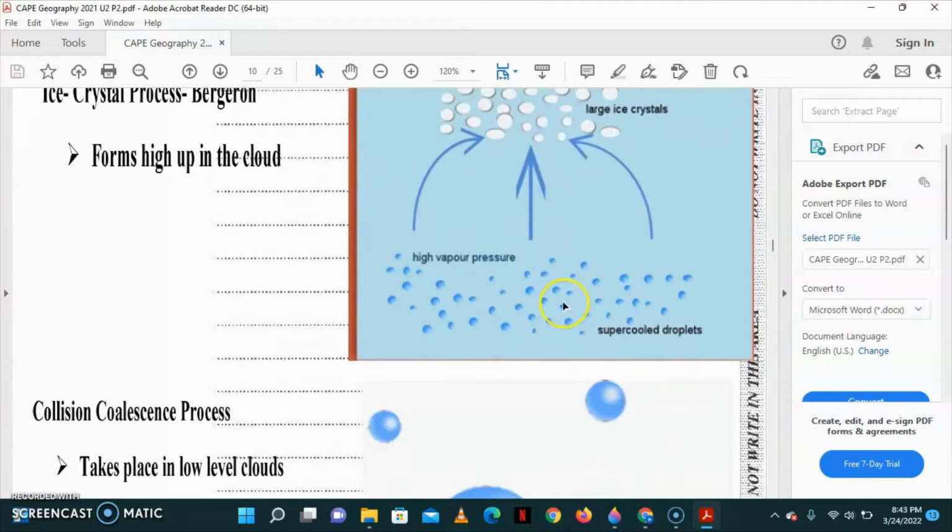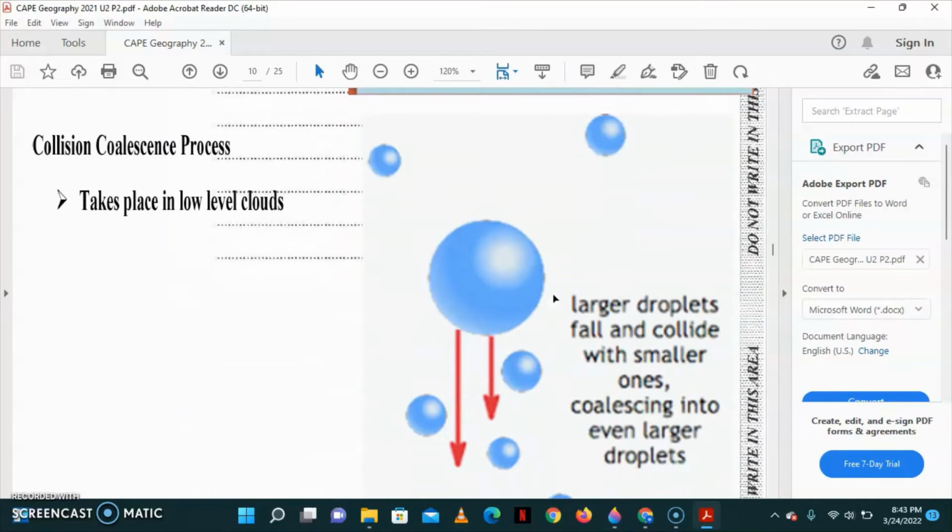All right, now let's look at the collision-coalescence process. Now, the collision-coalescence process takes place in low-level clouds. This involves precipitation from warm clouds. The big and small water droplets exist together in a cloud. Large water droplets are heavy and are forced down where they collide and coalesce with small droplets as they fall. Eventually,